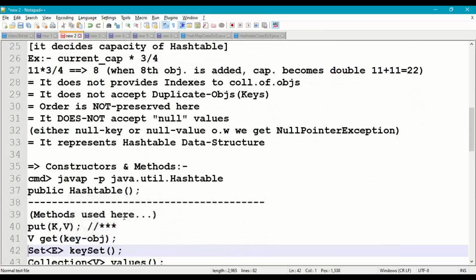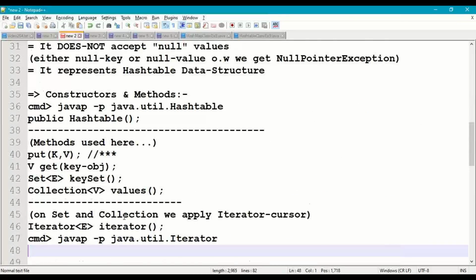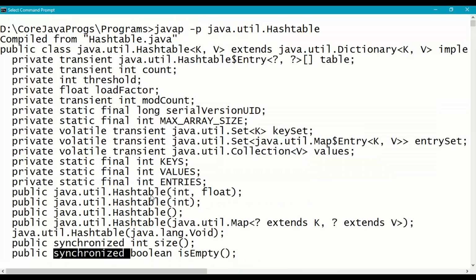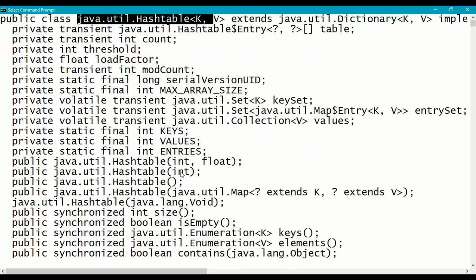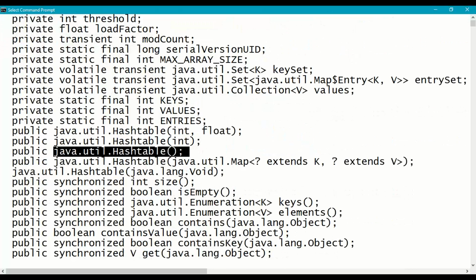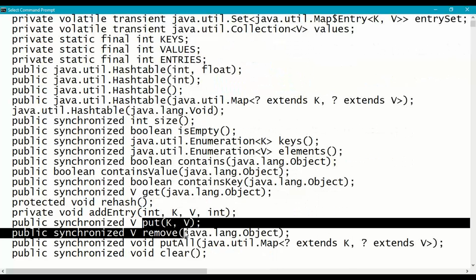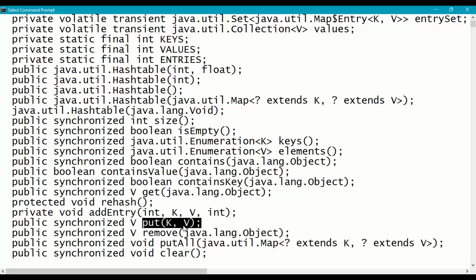Right, now coming to the constructors and methods, it goes like this. In the description of the Hashtable class, we are going to use the default constructor with initial capacity of 11 and load factor 0.75, and then we are going to use put(key, value). Here K and V indicate generic parameters, and a generic parameter specifies which type of object needs to be stored as key or value. And then we are going to use get(key),